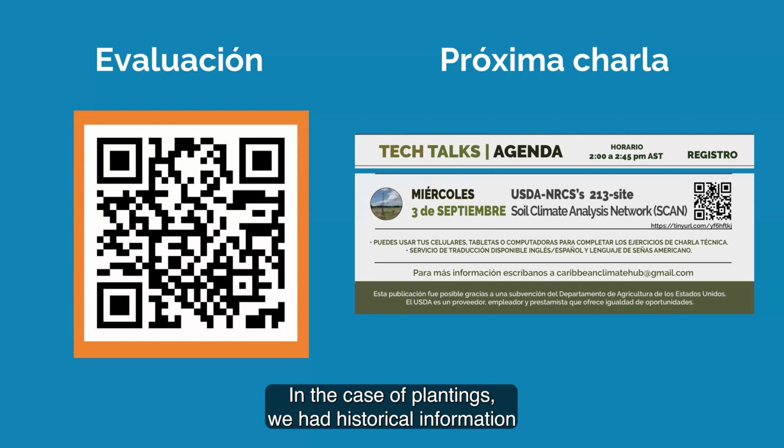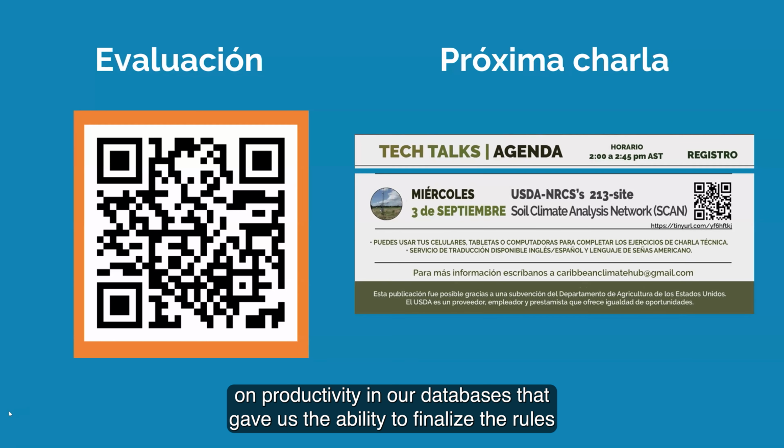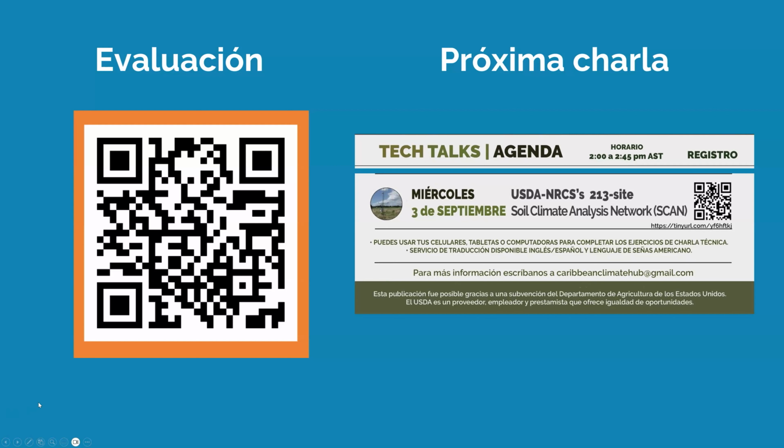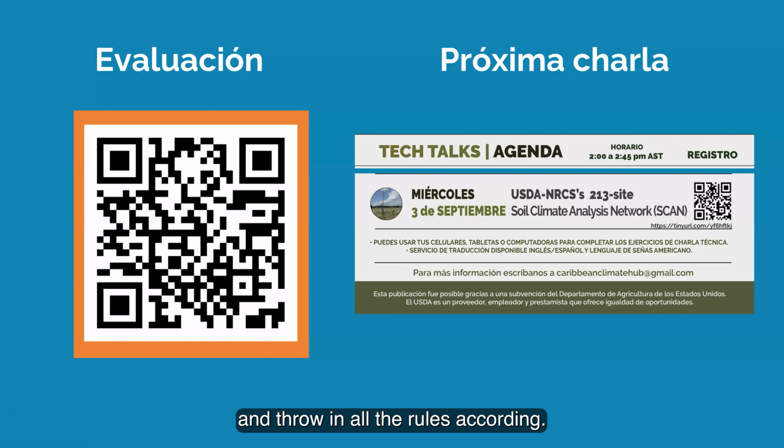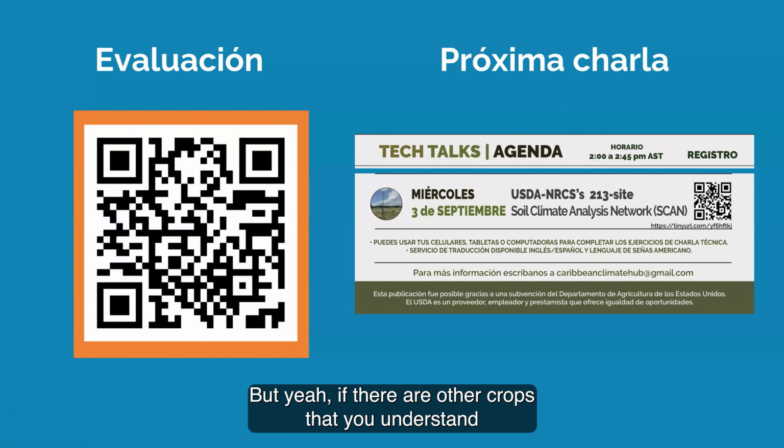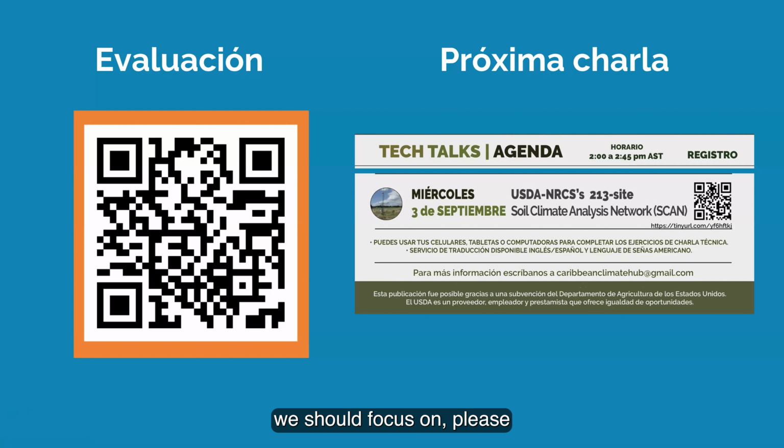In the case of plantains, we had historical information on productivity in our databases that gave us the ability to finalize the rules, identify the properties, and zero in on the rules as a result of our database. But yep, if there are other crops that you understand we should focus on, please